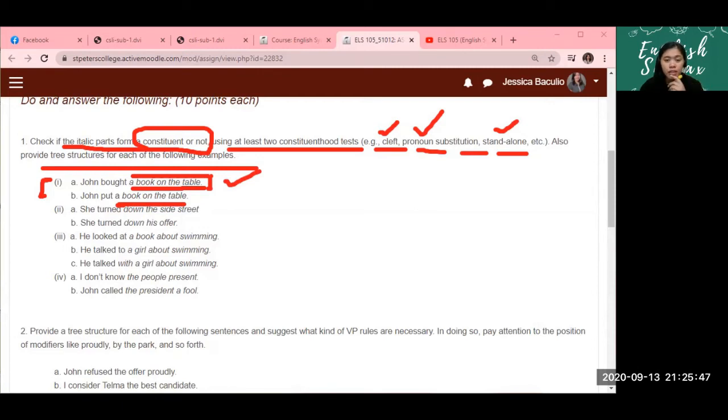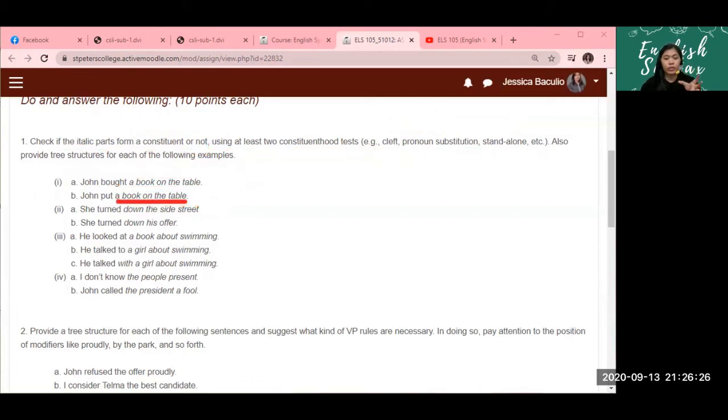So what did it was a book on the table that John put. This might not sound right using the Cleft test, because the action verb was actually referring to the action of putting something on some place. Okay, so the effect or direct object of the verb is actually the table, on the table. Where did John put the table? So although